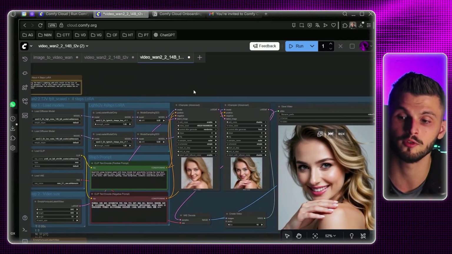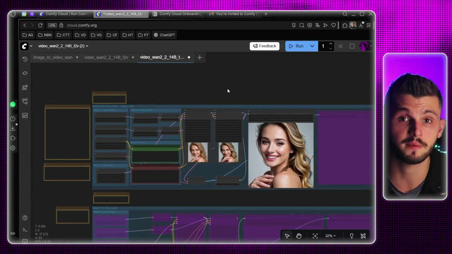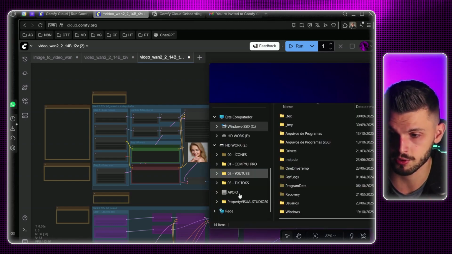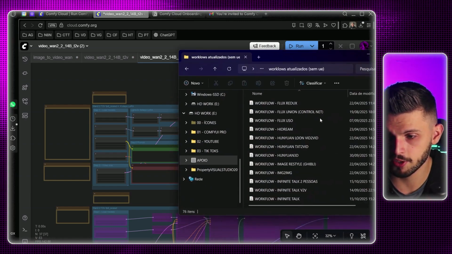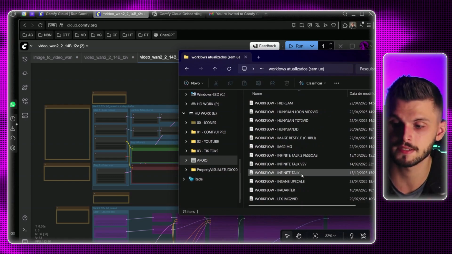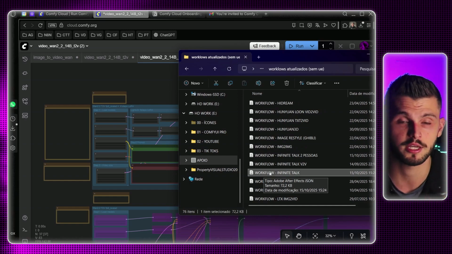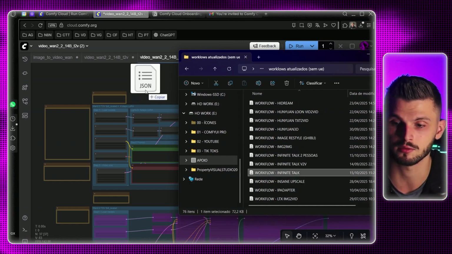Let me pull up a workflow I have here just to show what will appear if there aren't any nodes you need to run the workflow. So let me pull up here. I'm going to grab Infinity Talk. For me, it's the best workflow that exists for you to do lip sync. So you can import an image, import an audio, and you can make that person in the image speak that